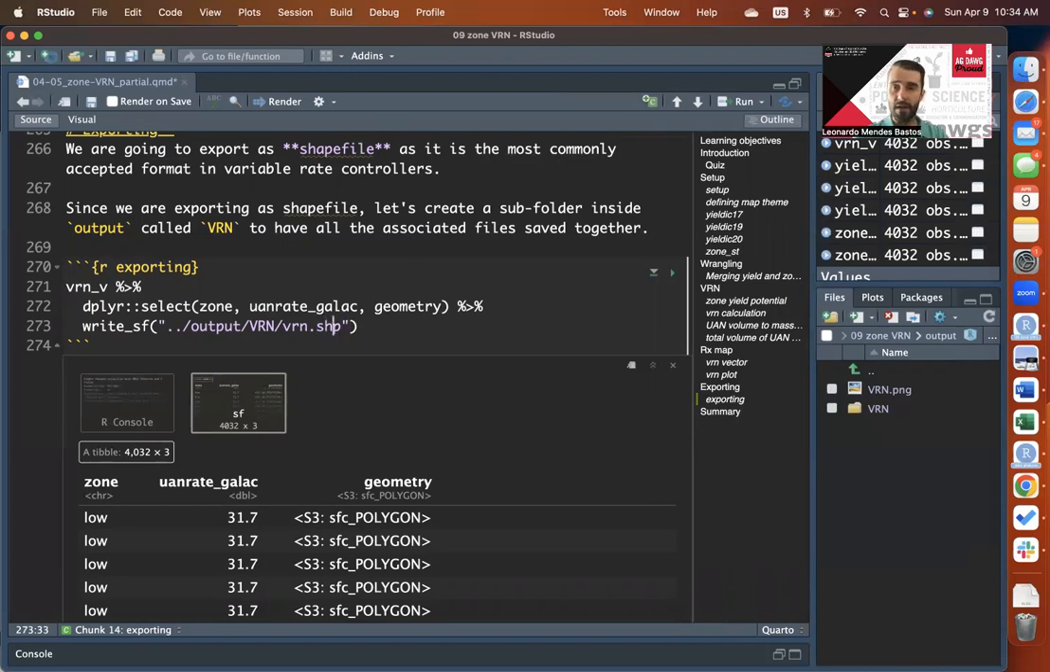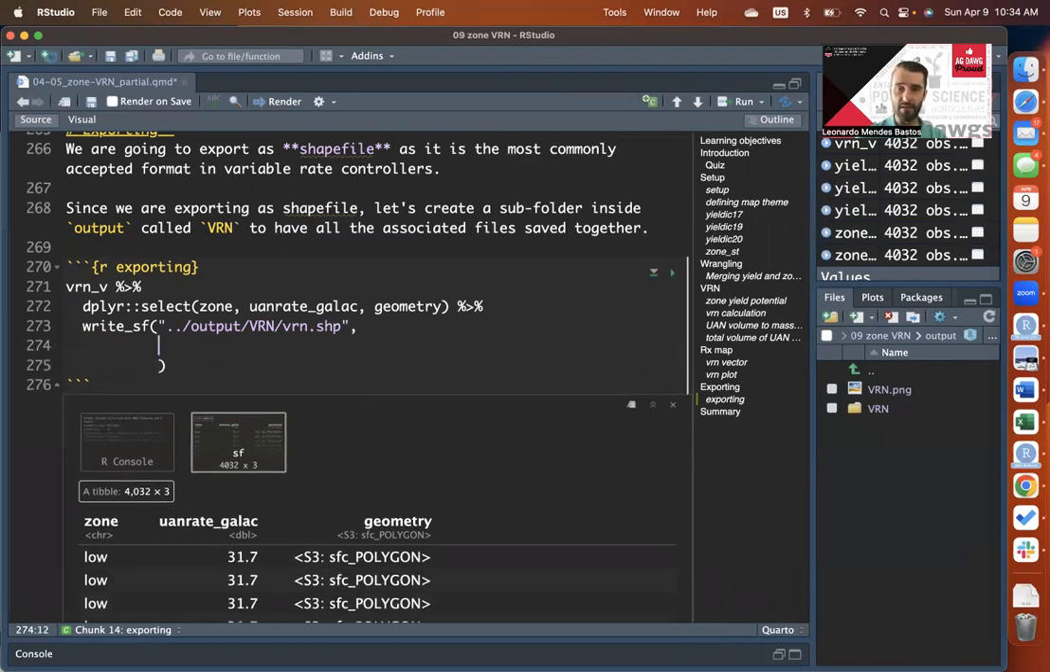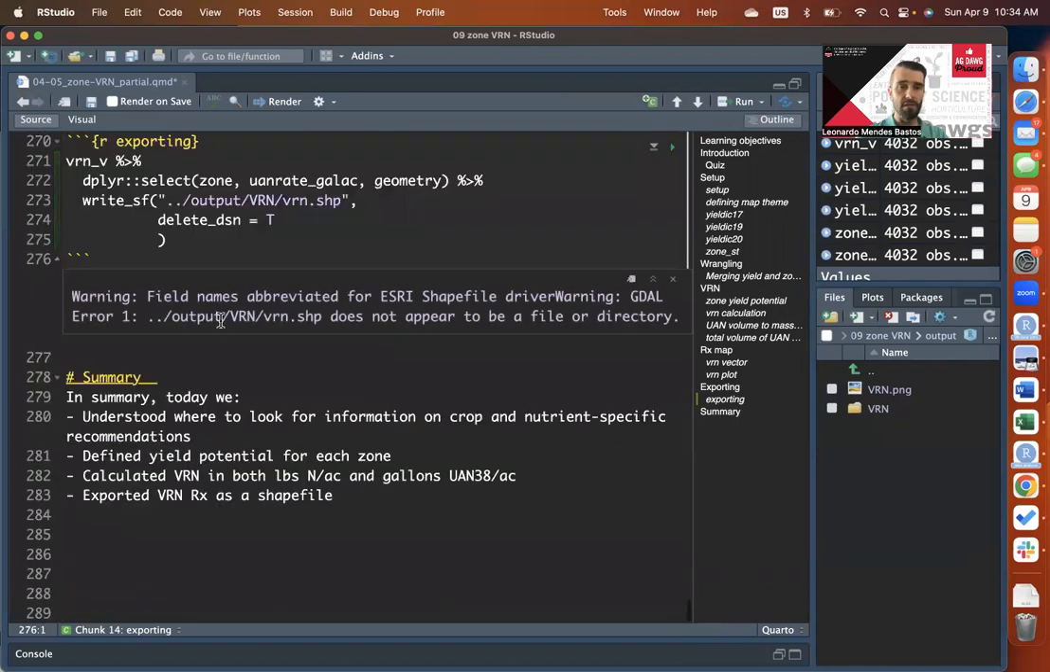Regardless if this is a shapefile or a GeoJSON or other file, always remember to change that delete_dsn behavior of the write_sf function. To do that, we add a comma here. I just want to break the code to make it easier to see. And the argument is called delete_dsn. I want to say equals TRUE. So if you run this,